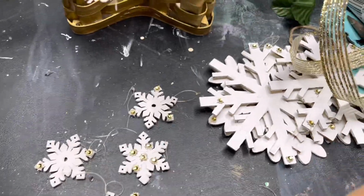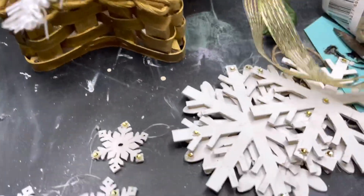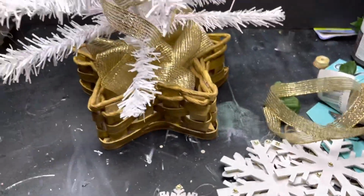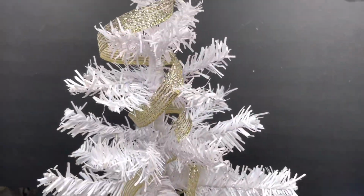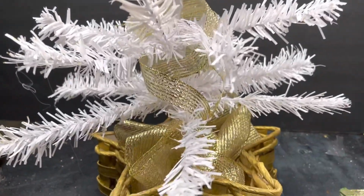And I'm going to use these snowflakes to decorate with. I don't know why I'm showing you that again, but I'm showing you that again. But I'm also using some of this snowflake garland I'm going to wrap around my tree. So I'm putting all this stuff on my tree, wrapping this garland and this ribbon around here, and I forgot